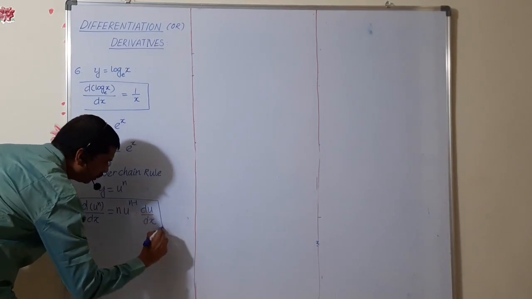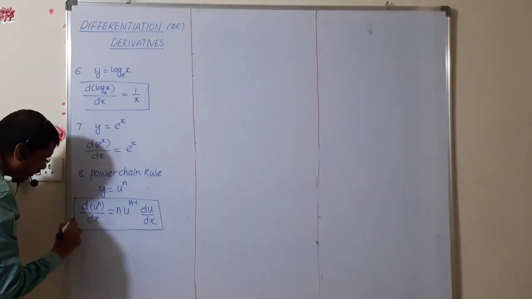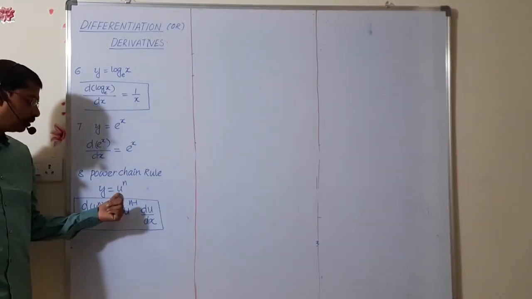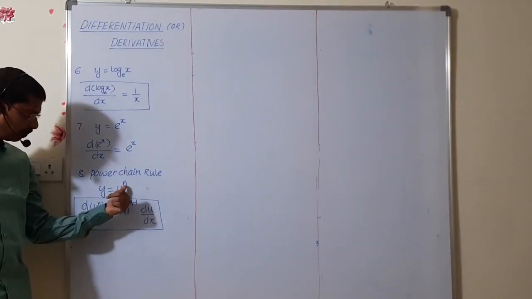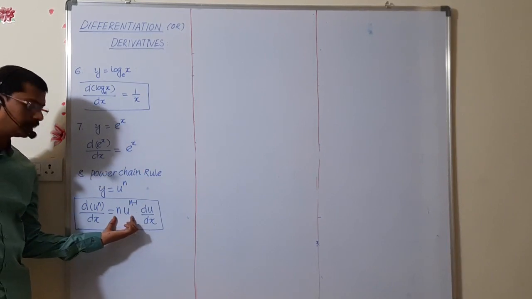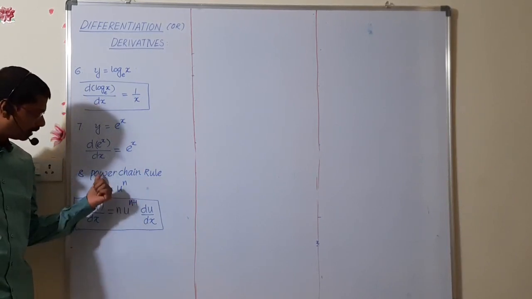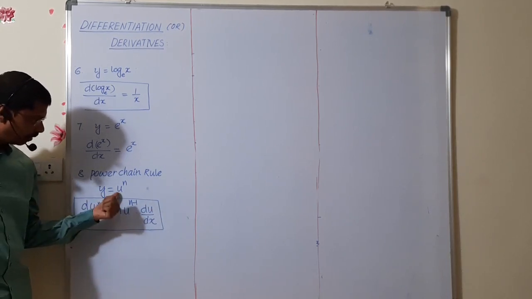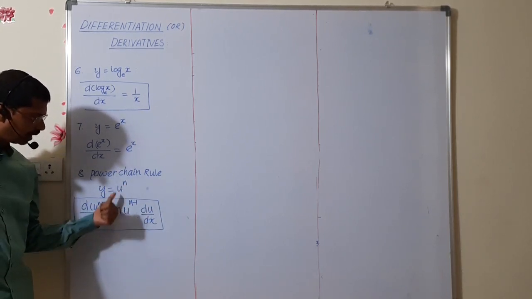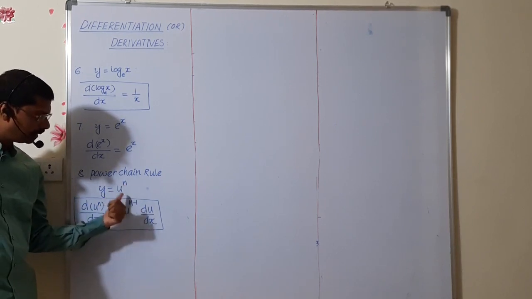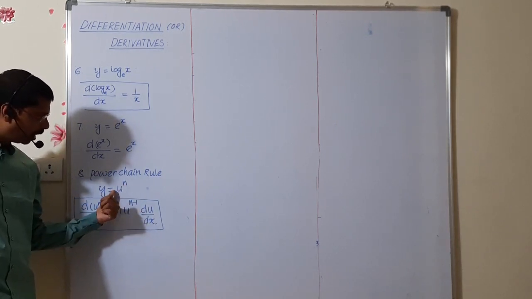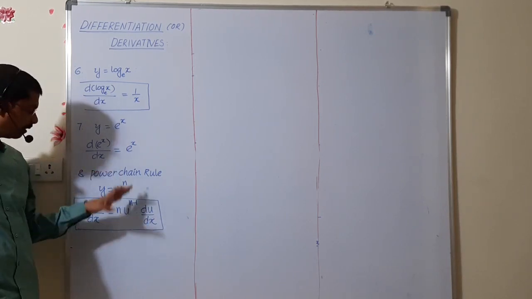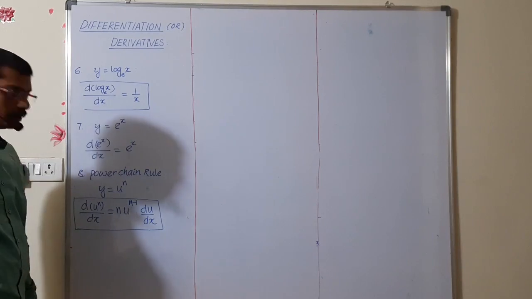It is used the most in mathematics. Sometimes in physics also we can use u to the power of n. Same formula up to here, whatever we discussed, power rule. That's why it is the power chain rule. Chain means again we are doing the differentiation. y is u to the power n, you write n as it is, this power should be decreased by one, and this value differentiation. We have to do one time differentiation, that will give the power chain rule.